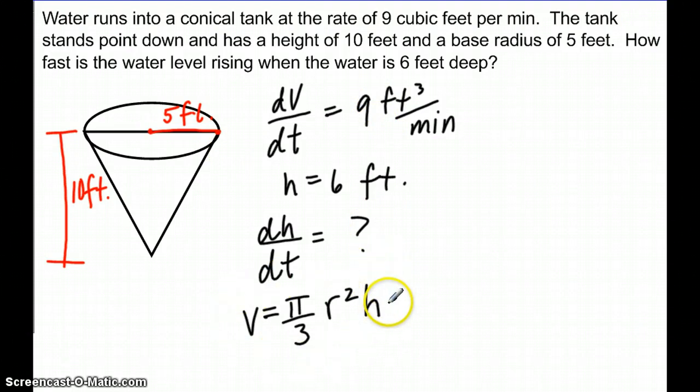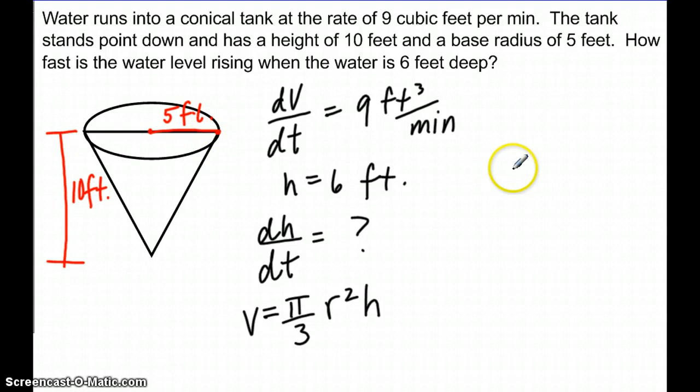We're looking to derive the volume function. The volume was 1/3 pi r squared times the height of the tank. Now we talked about looking at the volume function. It's in terms of R and H. So if we wanted to derive the function, we would need the product rule, and we would need the rates of change of the height of the water, which we're looking for, and the radius of the water, which we don't have. So given the dimensions of the tank, 10 feet high, with a base radius of 5 feet, we